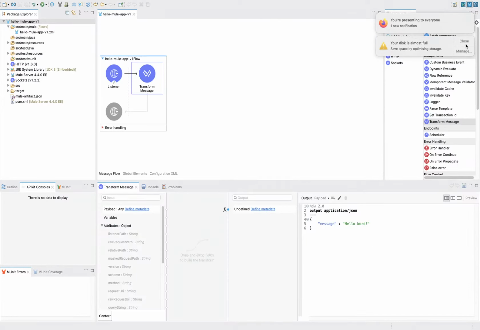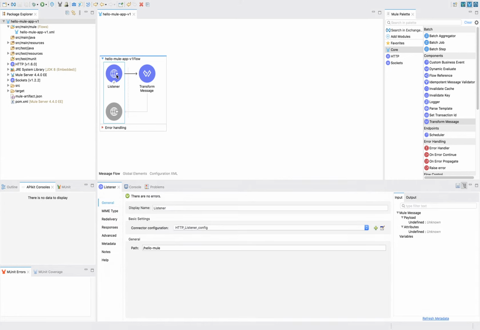MuleSoft will support 8083 port or not. So at this moment, I'm not going. What exactly do you mean? When I'm practicing, I got errors like 8081 is already used and 8082 also already used port numbers. I tried for 8083, but at that time 8083 is not supported for MuleSoft. How many ports will support MuleSoft? First thing, you are mentioning 8083.